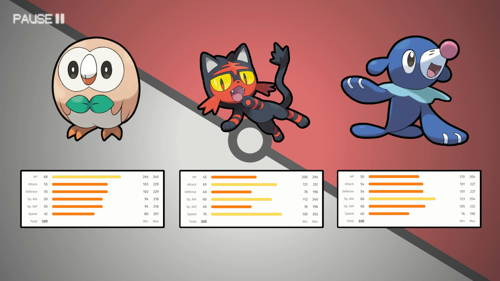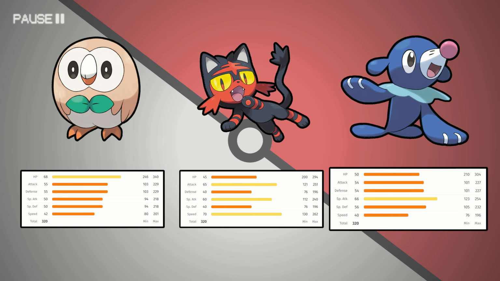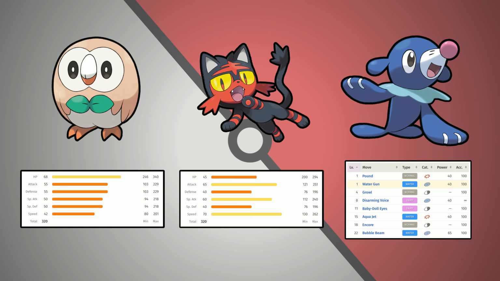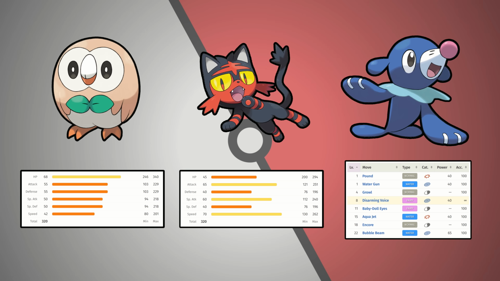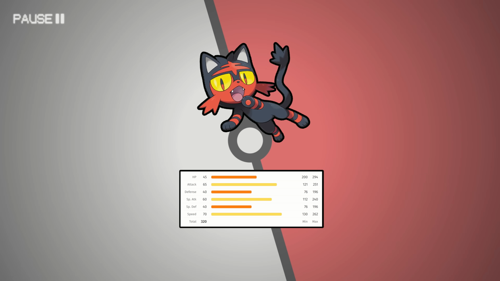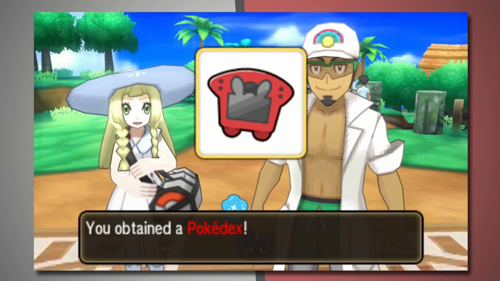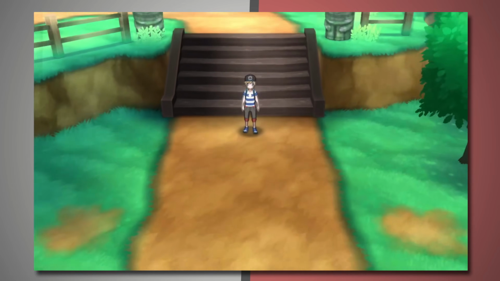Popplio is definitely the best option here, with 66 in special attack, which will go very nicely with both Water Gun and the Fairy type attack Disarming Voice at level 8. But I like Litten, so I don't care, we're going with Litten. And unpause. Professor Kukui gives us the Pokedex and we are ready to go, but we don't get too far